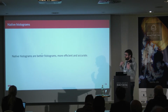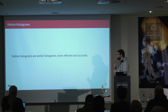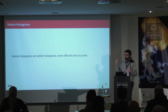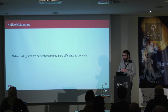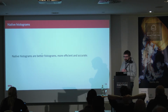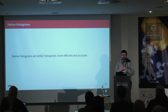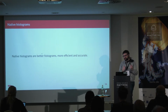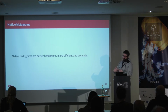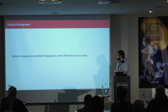So it means that you will get way more reliable histograms in Prometheus, and you will be able to better calculate your percentage. So if you want to know how fast did 99% of your requests take, you will be able to do that easily with the new histograms. One of the big changes with the new native histograms is that they will be scraped using not the text format but protobuf. So we are reintroducing a very old Prometheus feature, which was protobuf for metrics, for this new